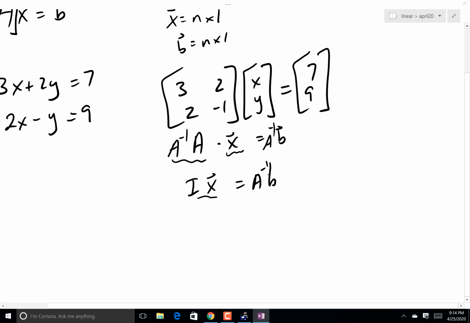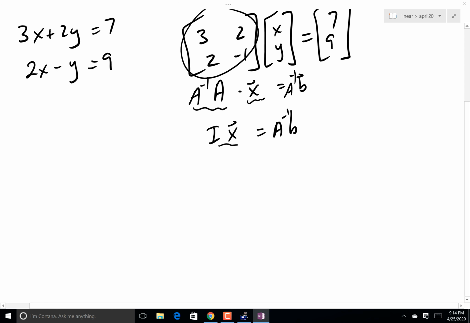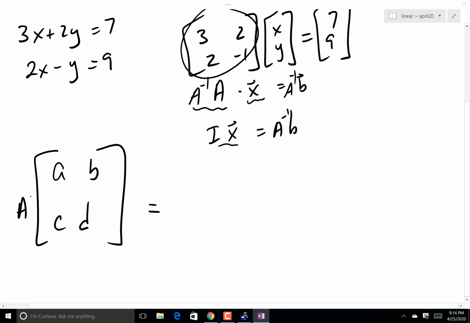So in other words, if A is invertible, there will be a solution. It will be a unique solution as well. Okay? So in the case of a 2 by 2, and we'll come back to this one up here. In the case of a 2 by 2 matrix, if this is A, then A inverse is